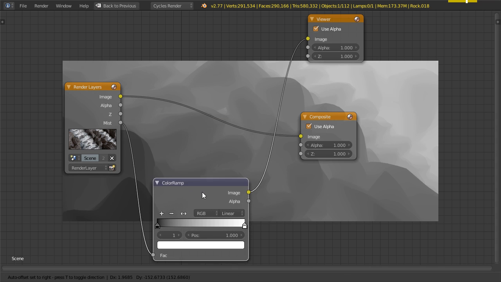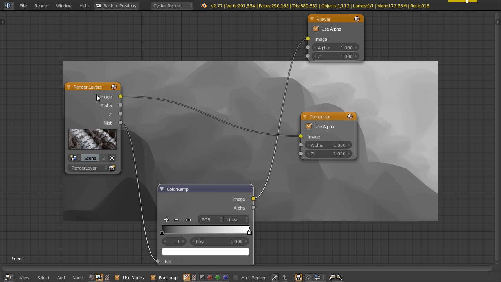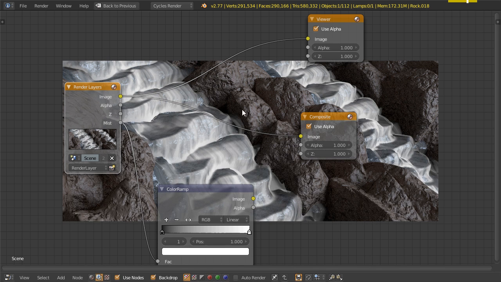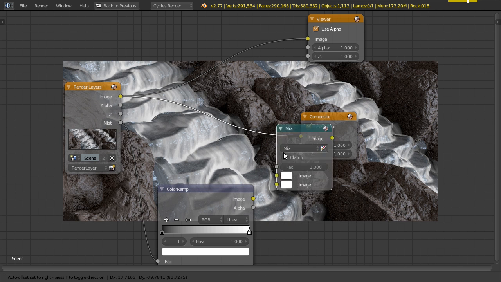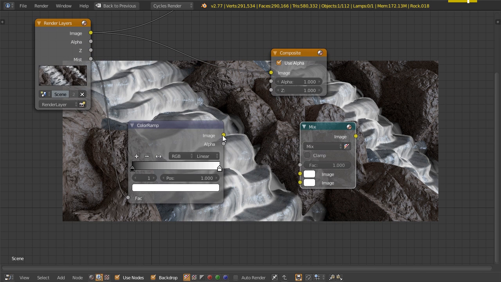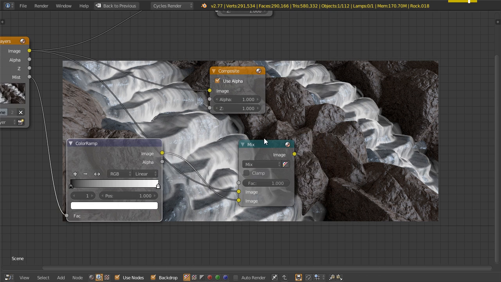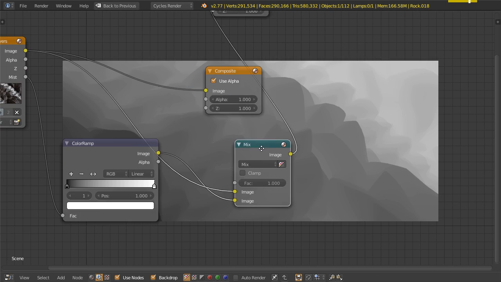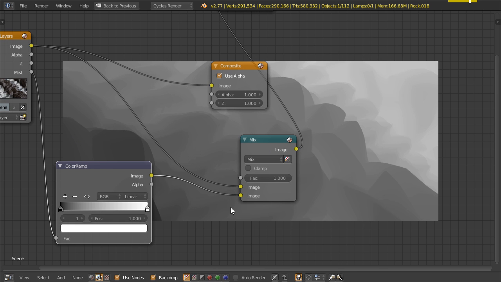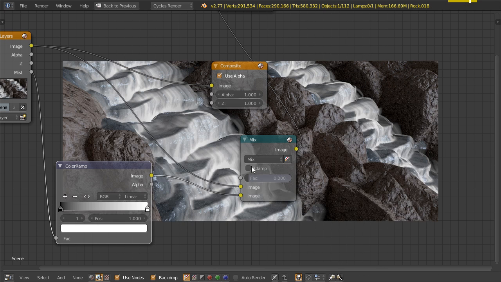What we want to do is kind of add this onto the original image. So what we can do is go Shift A and add a color mix node, drop that in there, plug this into the second socket and this into the first socket, Control Shift click on here, and then you can see it's just mixing in fully the mist pass at the moment, and if at 0 we're just going to see the original image. So if we just set this to add and set it to clamp so we don't